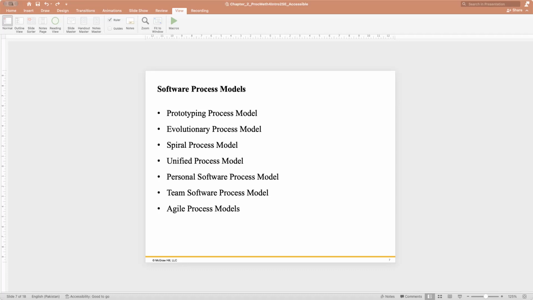I'm not going to explain more about these, but let me talk about the agile process model, which is very useful these days, as so many people are working on it. Agile process models are iterative and incremental, like the Unified Process Model. They focus more on customer collaboration.